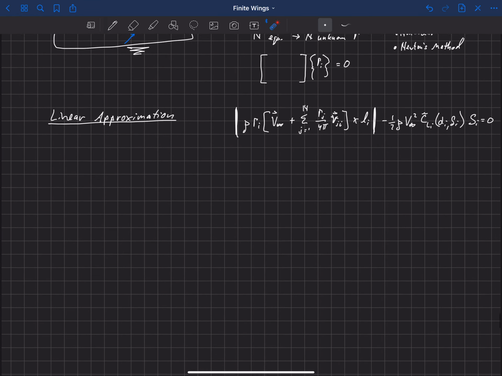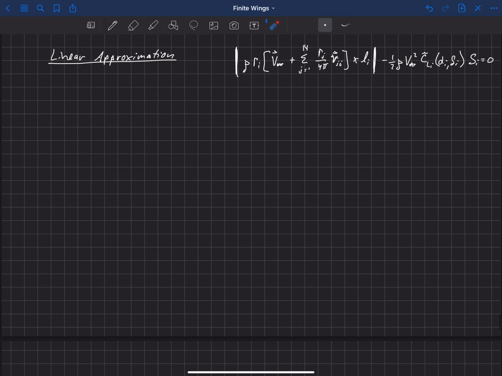So anyway, here we have our nonlinear system of equations, and it's helpful to be able to linearize this for two different reasons. Number one, to solve a nonlinear system of equations, we have to have an initial guess. Now, you could use an initial guess of all of the gamma values are just equal to 0, and then iterate on the solution until it converges, and hopefully it would converge. But it's nice to have a better initial guess, something that we think is closer to the actual solution, and we can get that by linearizing and making some approximations for this nonlinear system here.